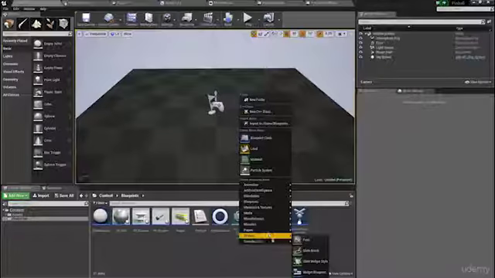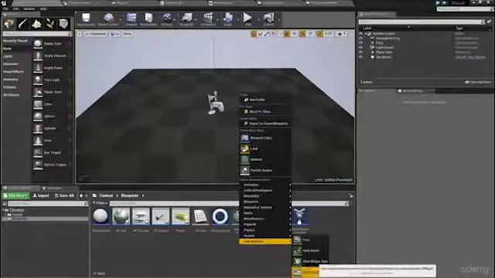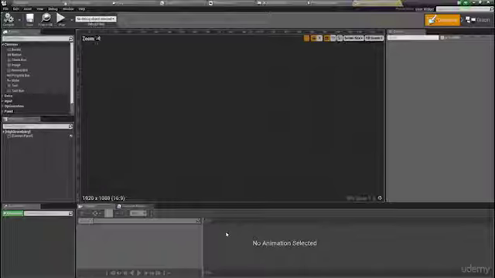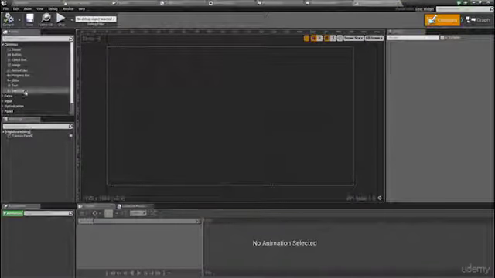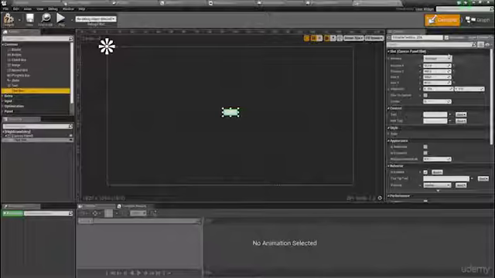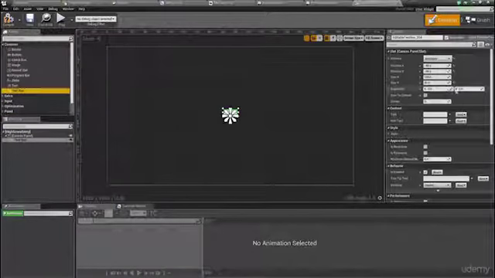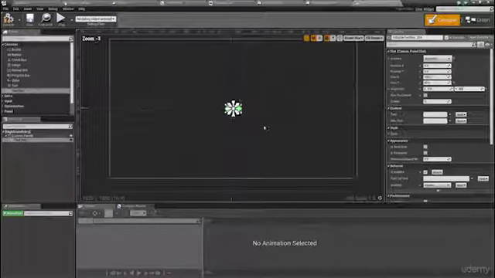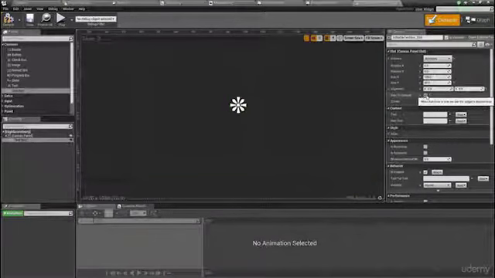But for the time being, I'm going to right click, I'm going to go to user interface, and I'm going to create a new widget blueprint that's just going to be called high score entry. And high score entry is going to have a text box that is going to be anchored in the center of the screen. I'm going to set its position to be 0, 0. And because this is now putting it in that bottom left corner, I'm going to set the alignment to be 0.5 and 0.5, which moves it halfway across and halfway up, such that it's now anchored dead center of the screen. I'm also going to size this to content,